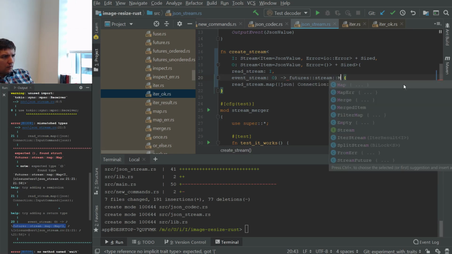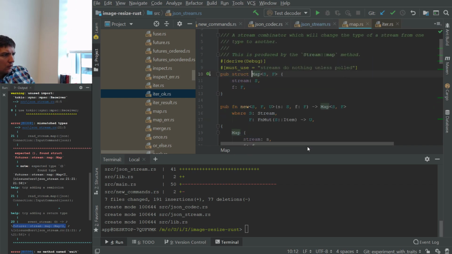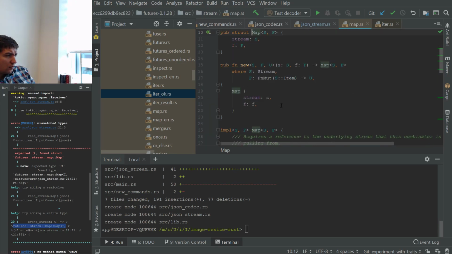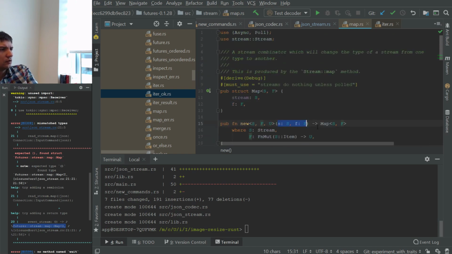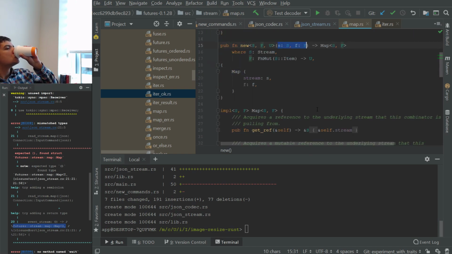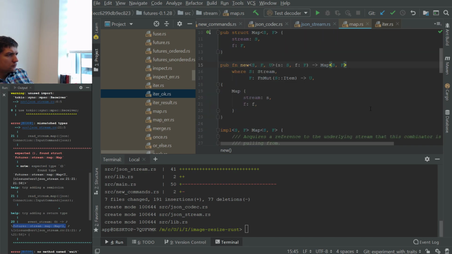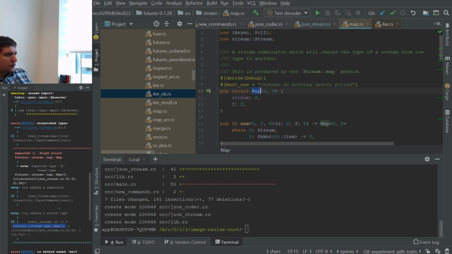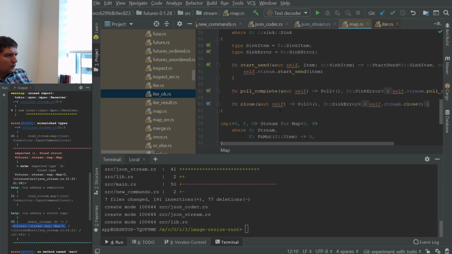Stream map of some stream. Okay, how can I do it? So okay, it creates a wrapper stream with map. Then